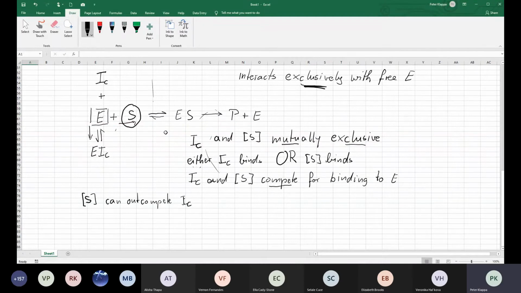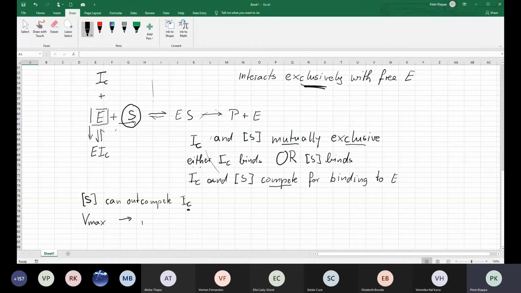Now, what would be the consequence on Vmax? Let's think about that. We said Vmax tells us how the enzyme behaves when the substrate concentration is very high. If we have a competitive inhibitor, by the way, that is the C here, IC, that means a competitive inhibitor. How would a competitive inhibitor influence Vmax? The answer is